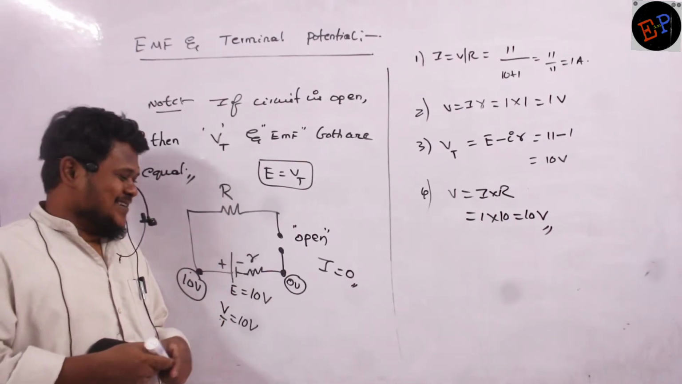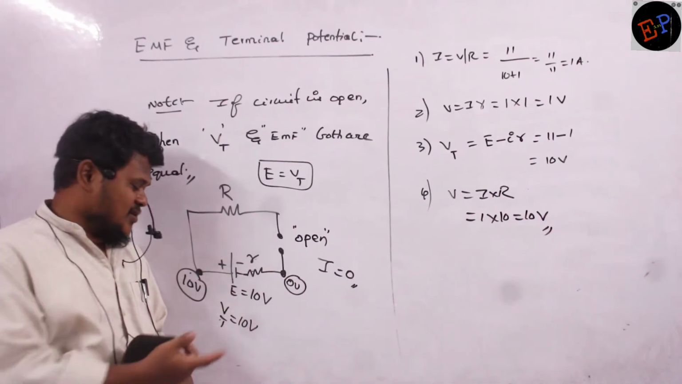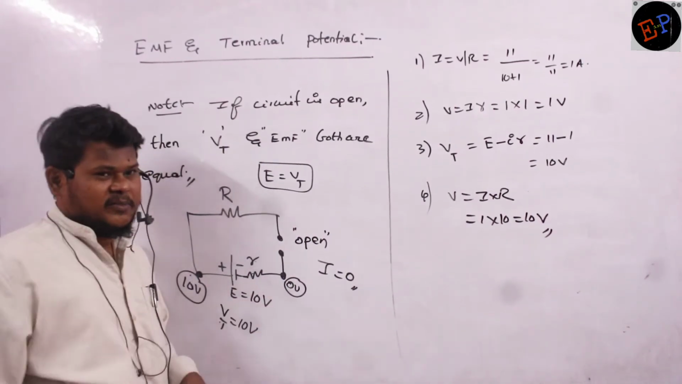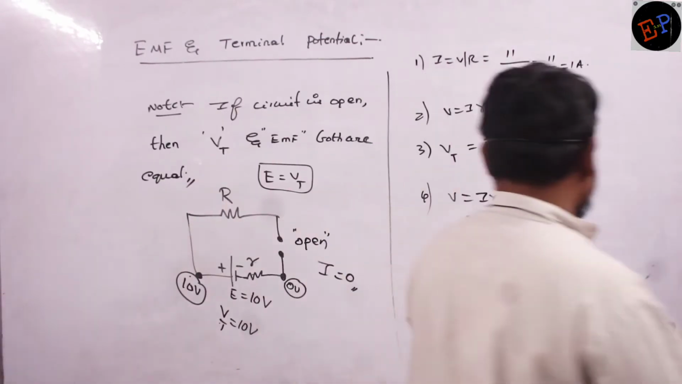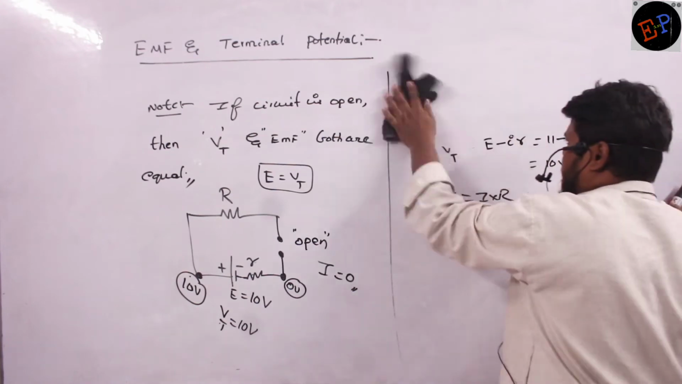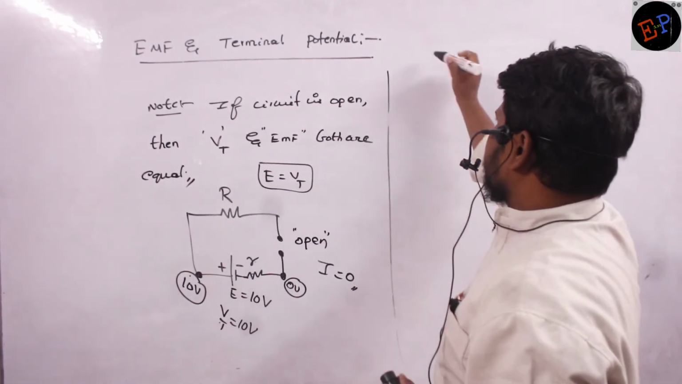Same concept. Current is not at all entering the internal resistance. So there is no drop. If there is no drop, EMF and terminal potential remain the same. That is the concept. Clear now? Questions will come on this too. So what is the point we have to write? If the circuit is open,